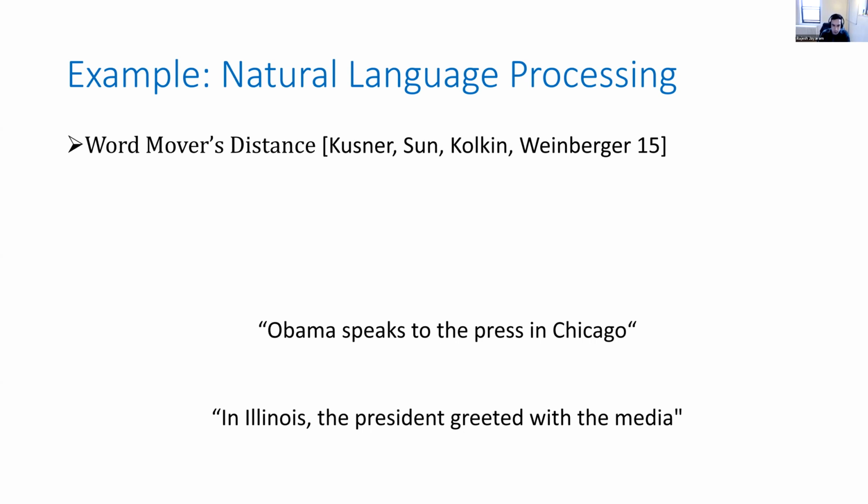What you could do is notice that there's some kind of matching between the words in one sentence and the words in the other sentence, where Obama is really similar to the word president, because in 2015, Obama was the president. Speaks is similar to the word greeted. Chicago is a city in Illinois, and press is very similar to media. So there's some matching between these words, such that if we knew that these two words, which are different words, were similar, we would be able to measure this with a sort of Earth mover distance type algorithm. And the key ingredient, the key technology which allows us to do this,